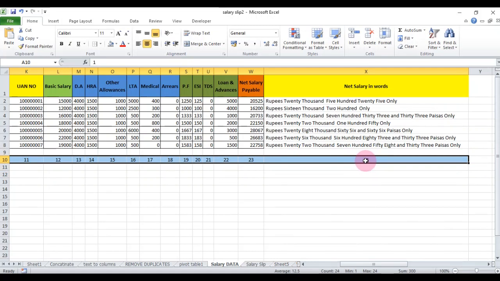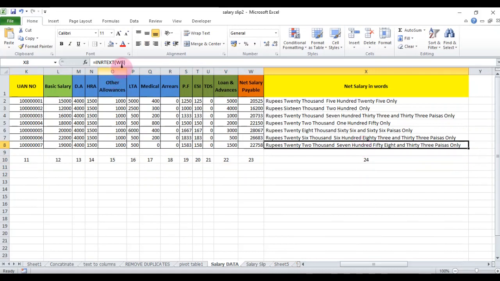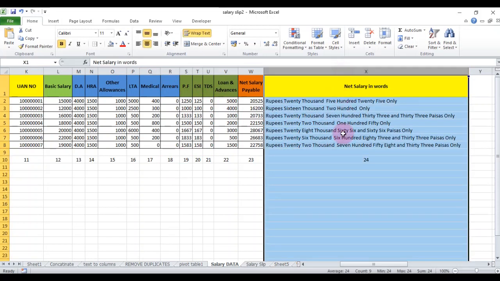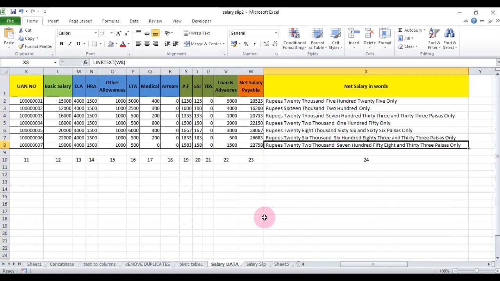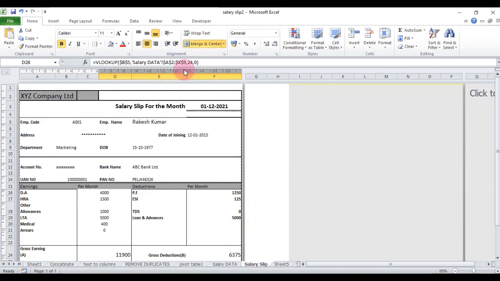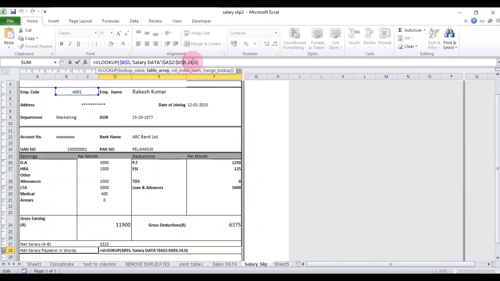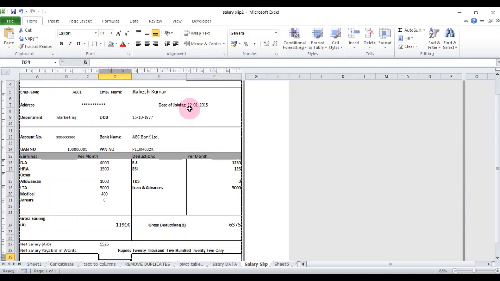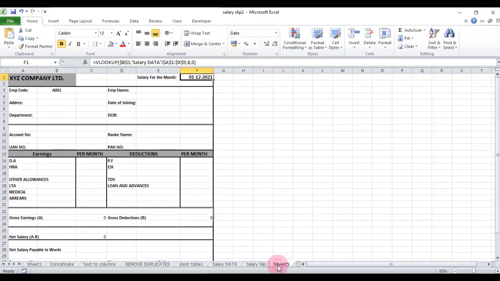We have 24 columns in this sheet and the data is up to X. So we can type here 9. So delete this 8. Then copy this formula.